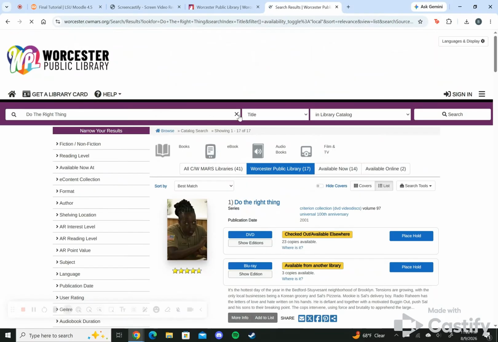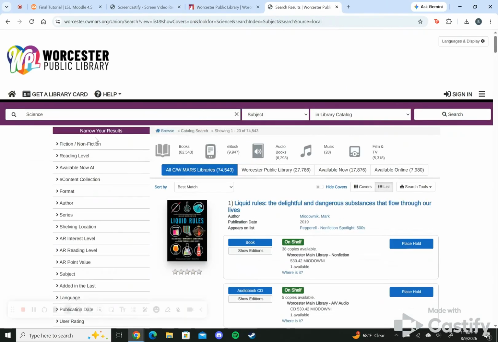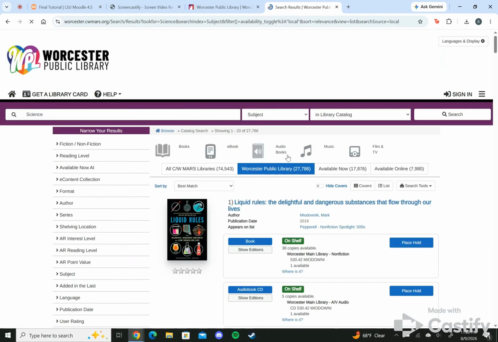And then we're going to show how to do narrowing of searches. So say I'm searching for a subject. Subjects tend to be much bigger. And so I'm looking for science. Now, science has a lot in it. If I'm looking at the Worcester Public Library, we can see that there are